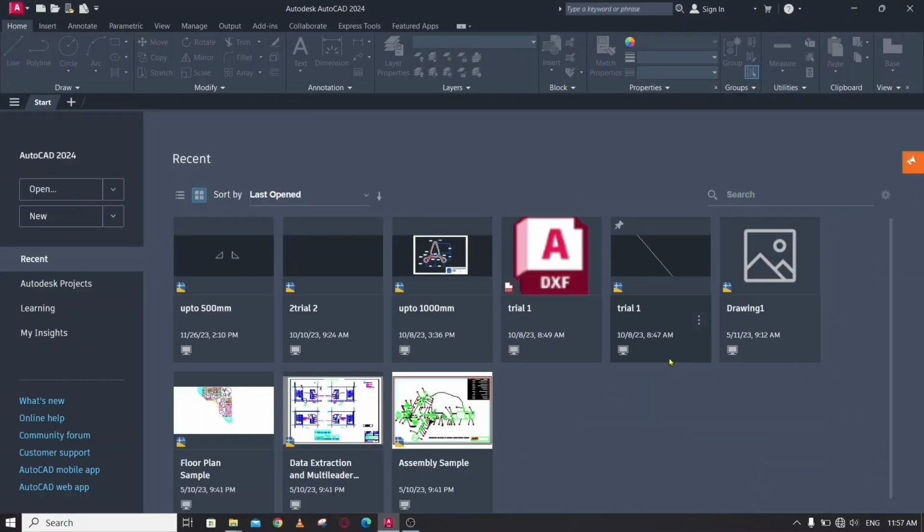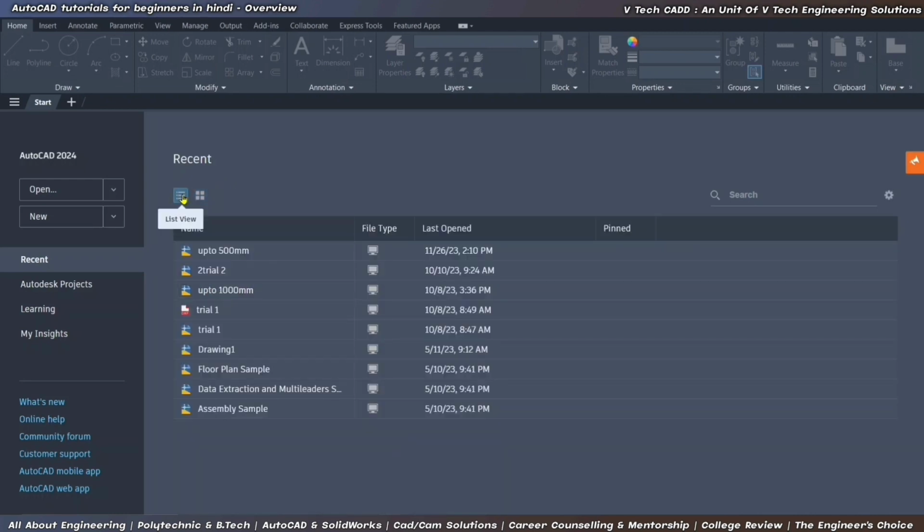After opening the software, you will see the open window of the software. This is the interface of AutoCAD 2024. You will see the recent files here, and the open tab and new tab. Open is for any previously saved items, new is for any new item. And these things are for online support. Basically, you can use these things like what's new, help online, AutoCAD web, AutoCAD mobile app. But you can use these things when you have a software license. So you need to purchase AutoCAD before using these things like the AutoCAD mobile app and